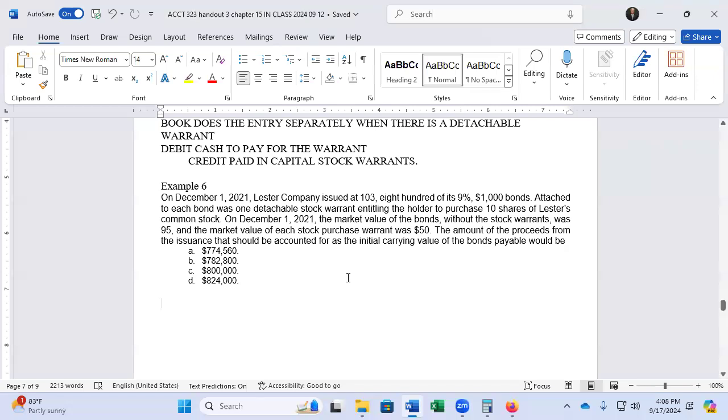Attached to each bond was one detachable stock warrant entitling the holder to purchase 10 shares of Lester's common stock. On December 1, 2021, the market value of the bonds without the stock warrants was 95, and the market value of each stock purchase warrant was $50. The amount of the proceeds from the issuance that should be accounted for in the initial carrying value of the bonds payable would be